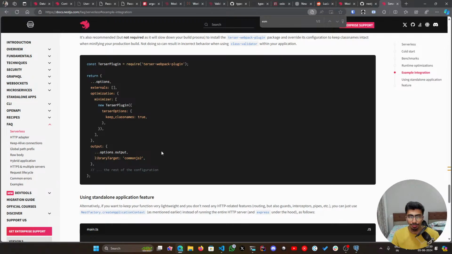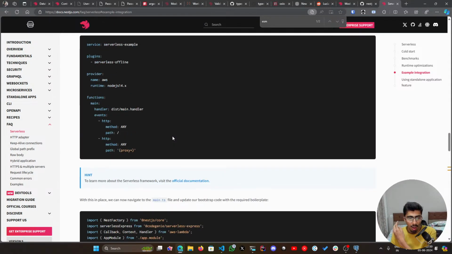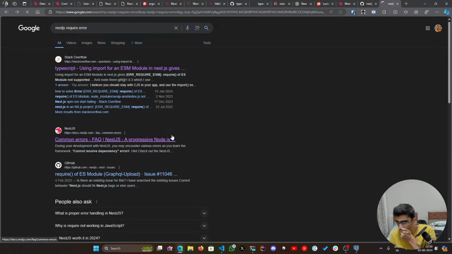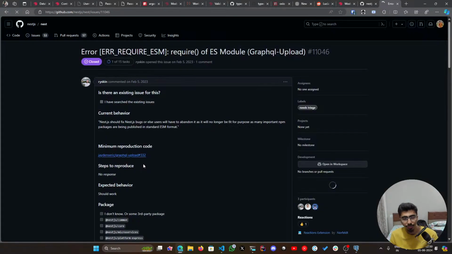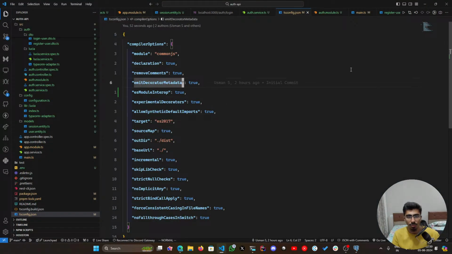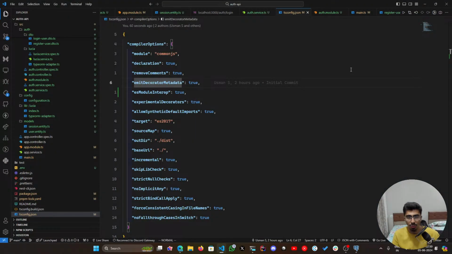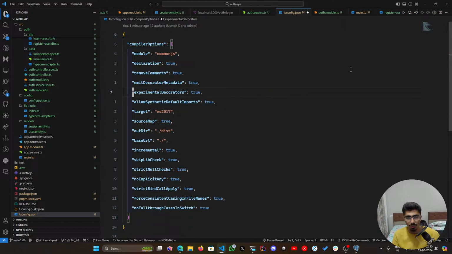Okay. How do I do this? "Until we support ESM modules, you can use dynamic imports with the module 16 option you just pick." Oh, okay. So this was in February 2023. They probably still don't support ESM, which is fine, but